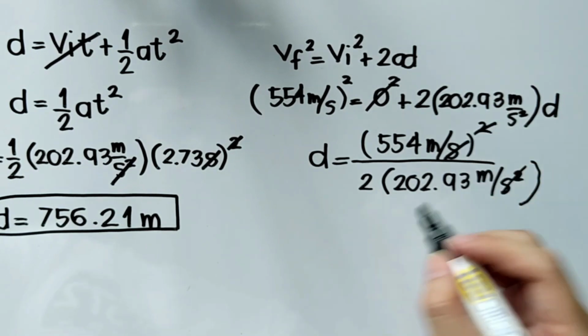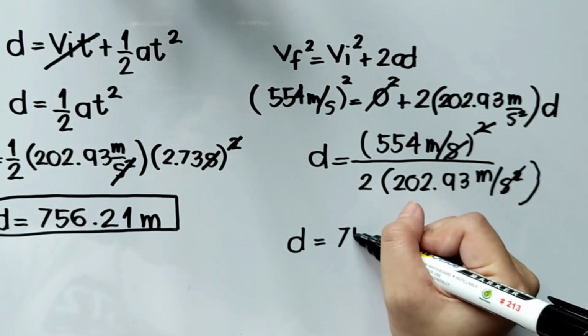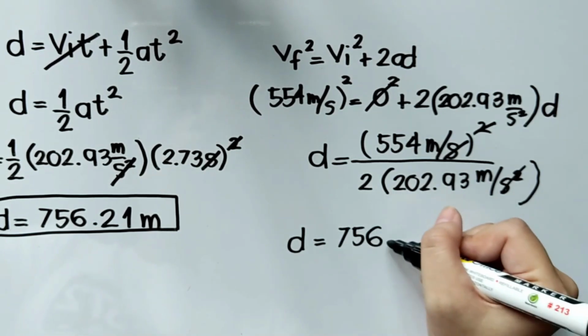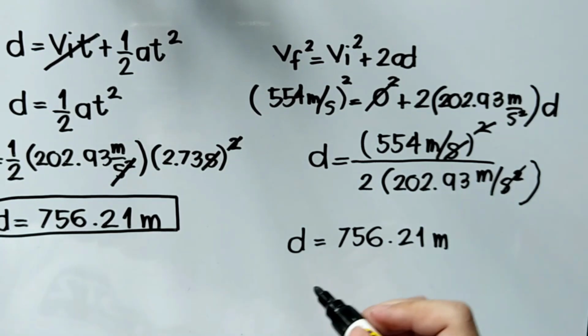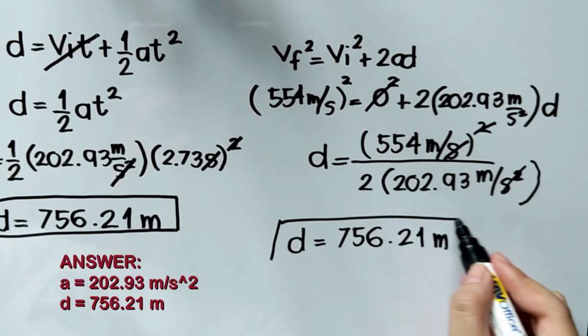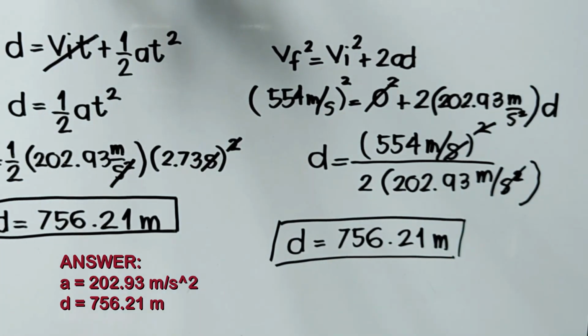By using your own calculator, you will also get a distance of 756.21 meters. Therefore, the rocket-powered sled has an acceleration of 202.93 meters per second squared and traveled a distance of